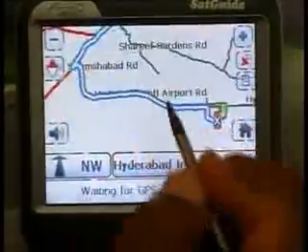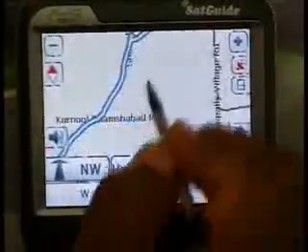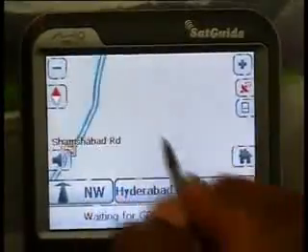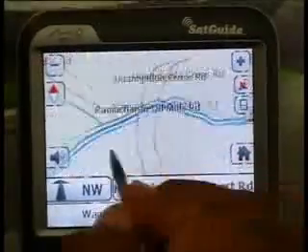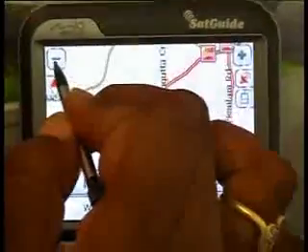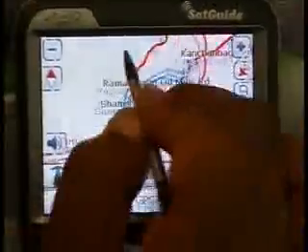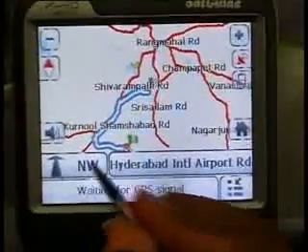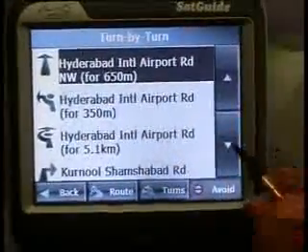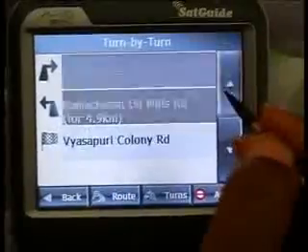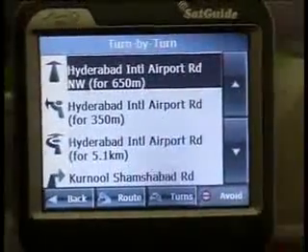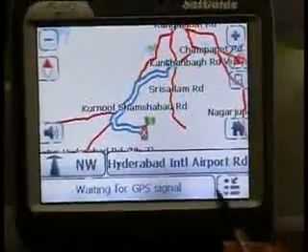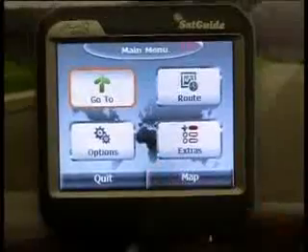This blue colored highlighted is our route. You can zoom in to see the detailed route and zoom out to view summary of the route. If you just click on this, it will give you the turn by turn directions wherein you can have the look of all the turns. Just click on back, it will take you to the main map. If you click on this button, this is a menu button. It will take you to the main screen again.